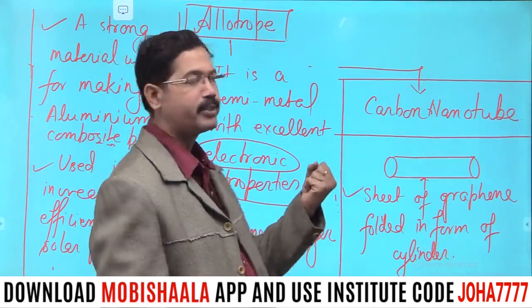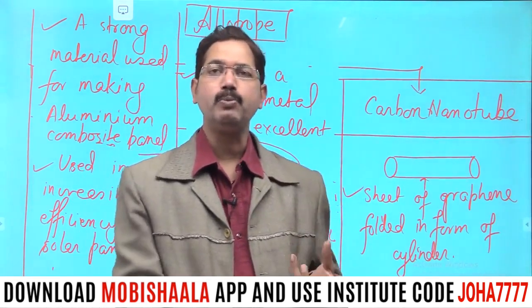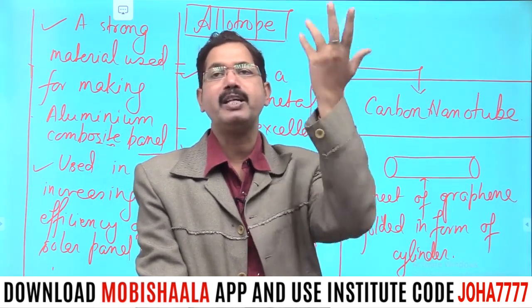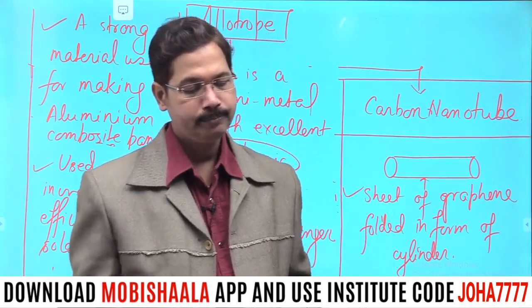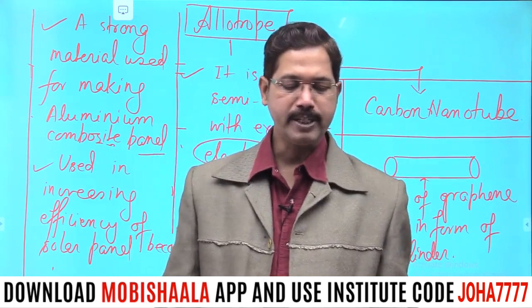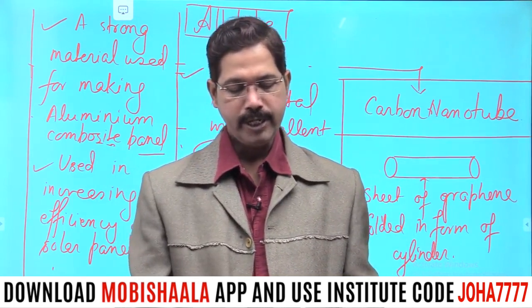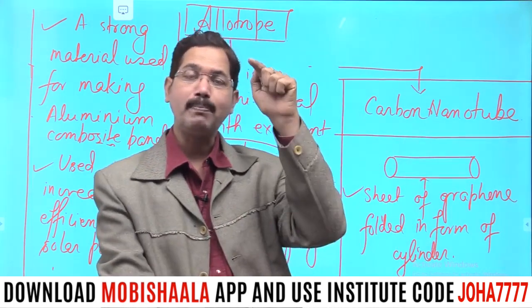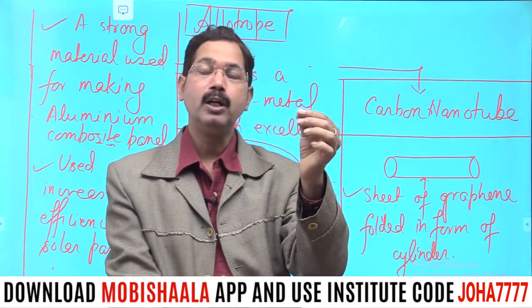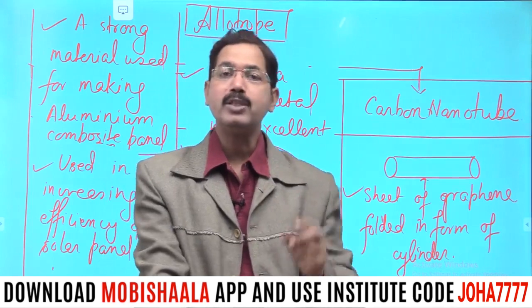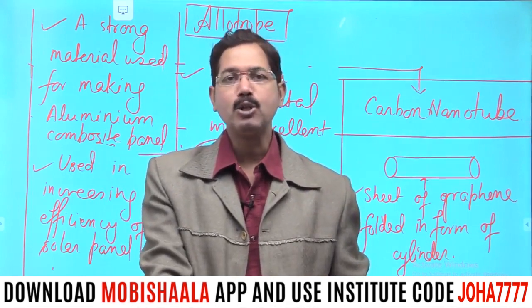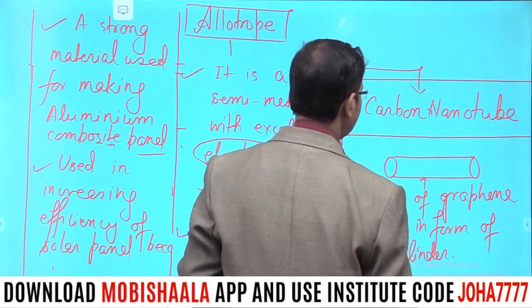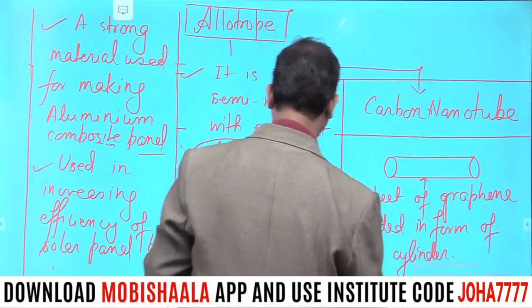Now it is basically lightweight, and that is why it is very suitable for making bulletproof jackets. It is also used to design spacecraft because it is very light in weight. And this carbon nanotube has high electrical resistance, and it is also used to supply medicine at a particular target in the human body. So targeted drug delivery is also possible because of carbon nanotube. So what about the next properties?